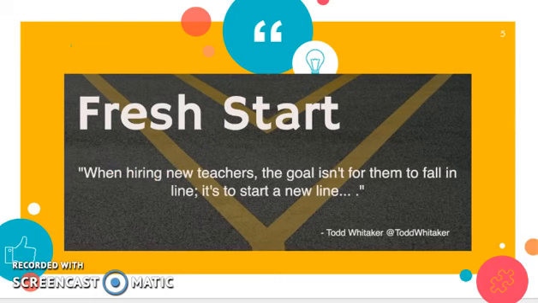The best principals get better at hiring. The bar for better teachers continues to rise as principals get better. Teachers that are already within the district are challenged to improve, and the new teachers are encouraged to start a new line rather than fall in line. There will always be mediocre teachers, but great teachers will always do their best to help improve them and reach out to them. The principals also need to make it known that mediocrity is not good enough.